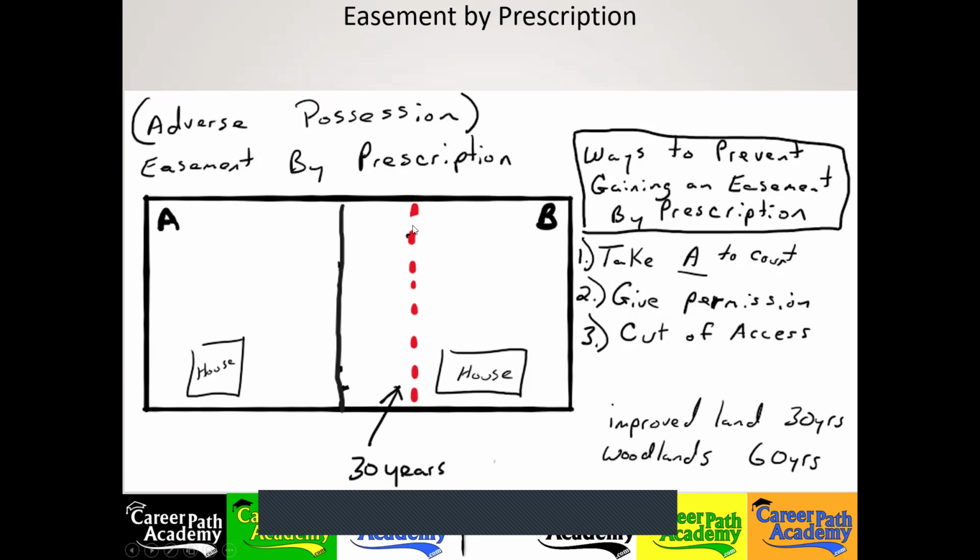Okay, so you see this fence there, you know it's on your property and they've been using it. It makes no sense for you to just be complaining about it all the time. You need to take them to court to get them to remove it. Now, sometimes when I say, how could you prevent them from claiming an easement by prescription, and I give these three options here,